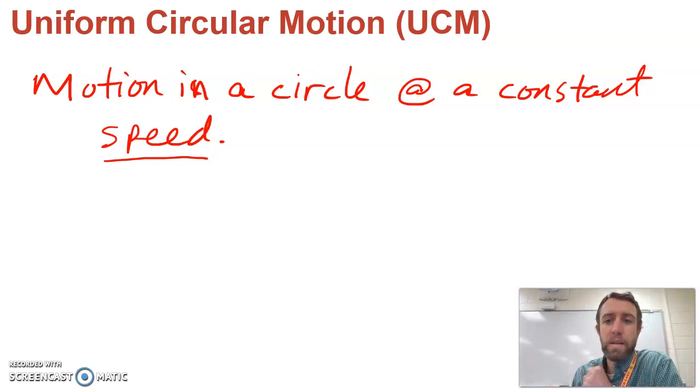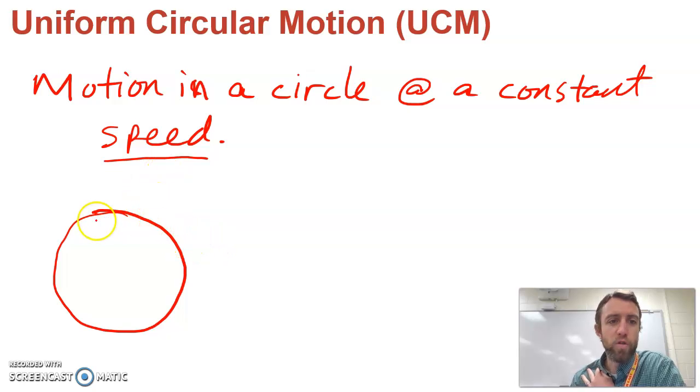We would not be able to say something is moving in a circular path at a constant velocity. That is impossible because of the definition of velocity. Velocity changes by definition if the direction is changing. And if something is moving in a circular path, it is changing direction at all times. So if we have a circular path here,